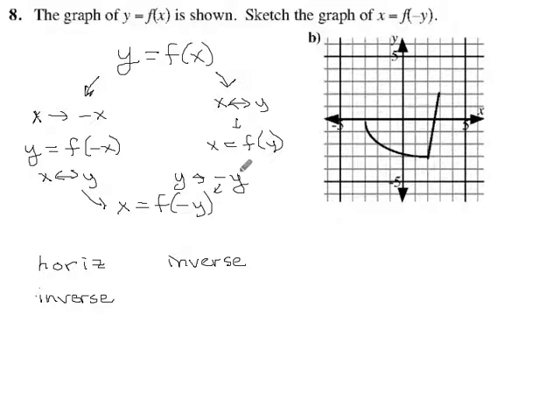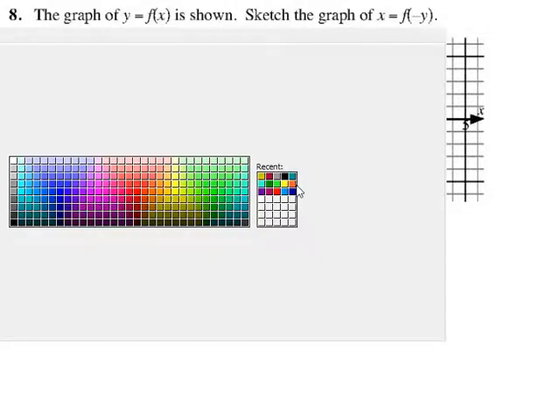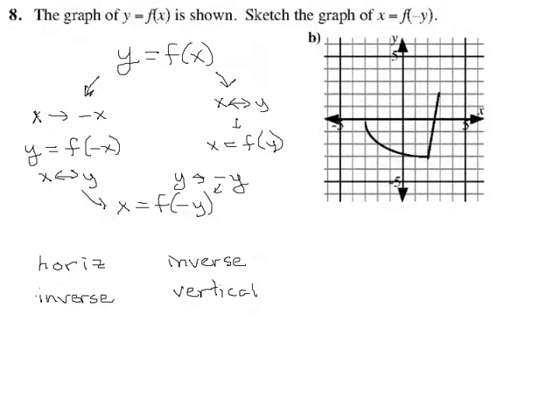And then y changes to negative y, that's a vertical reflection. So again, we get this effect where you can do two different orders, but the orders are not just changed in order. It's also one has a horizontal flip in it, the other one has a vertical flip in it. And if I do the graphs again, just to reassure ourselves that this really does work, the horizontal reflection